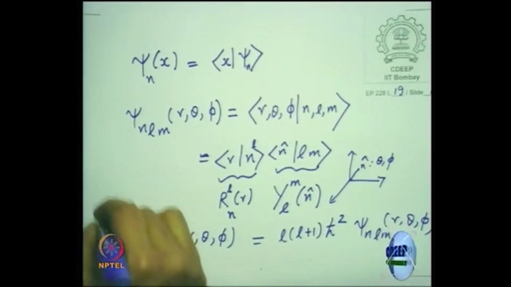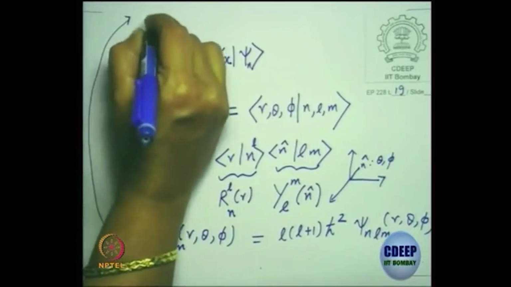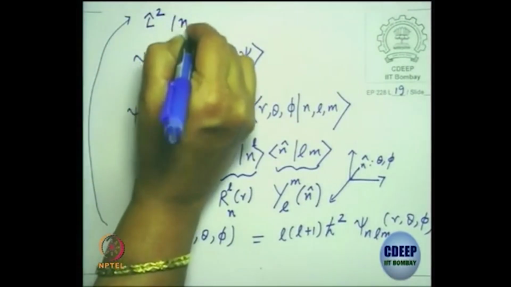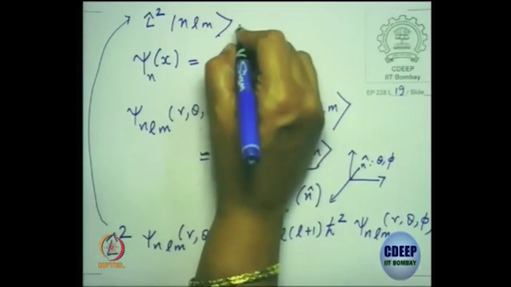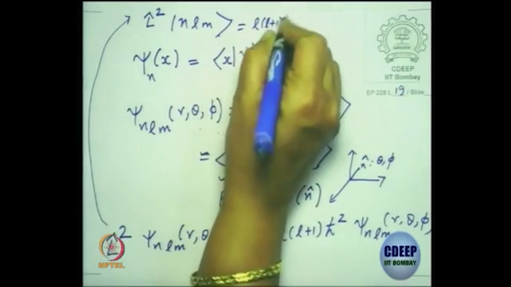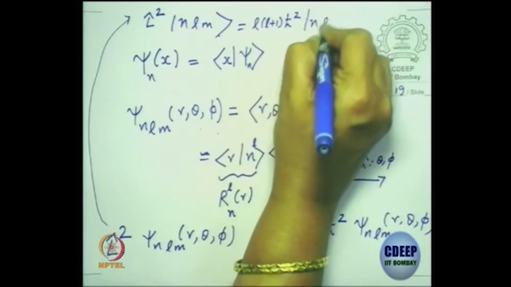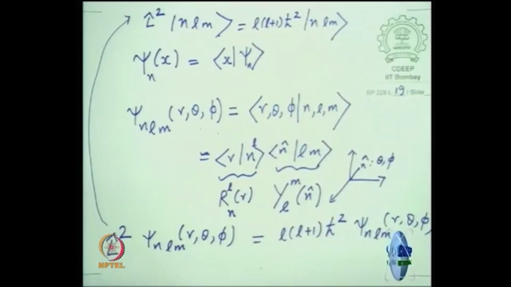From here we could try and say L squared on NLM will be... so the Dirac notation is coming into play, that whenever we write the quantum state as a ket vector, we can try to denote it by the 3 quantum numbers NLM, and it is an eigenstate of L squared